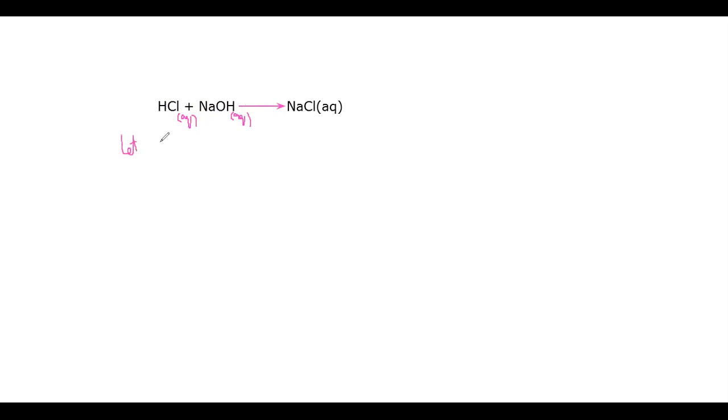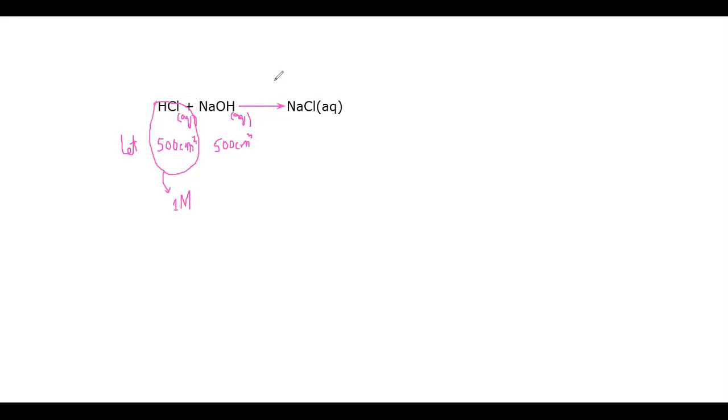Let's suppose, just as my personal value, I'm using 500 cubic centimeter of HCl and the same 500 cubic centimeter of sodium hydroxide, in aqueous form. The concentration of hydrochloric acid, the amount dissolved in the water, is a 1 molar solution. It means 1 mole of HCl has been dissolved in 1 dm cube of water.